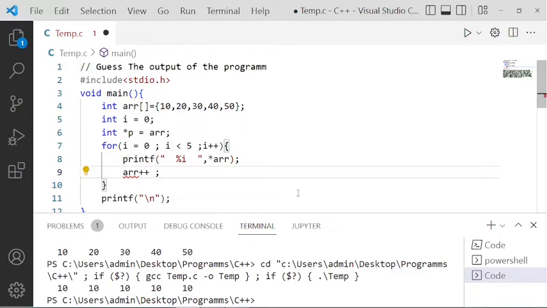The statement which we discussed just a few minutes ago, the name of the array gives the base address of the array, or you can say the name of the array gives the base address of the 0th element of the array. If the compiler allowed arr++, then what happens? Arr will hold the address of the 1st element of the array.